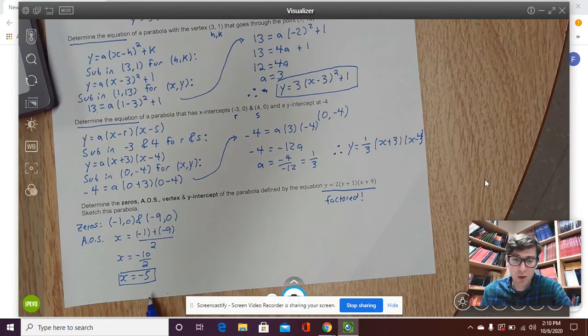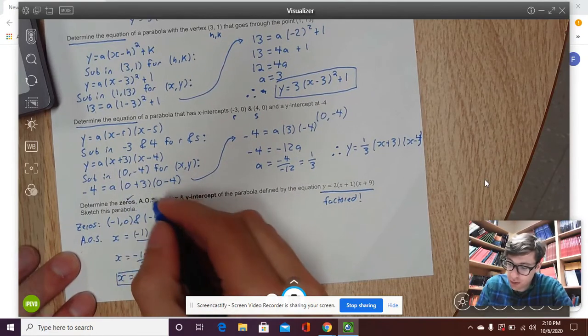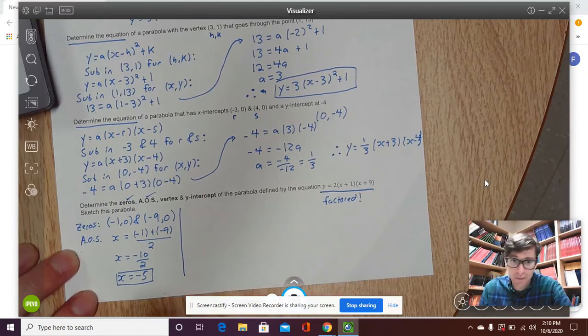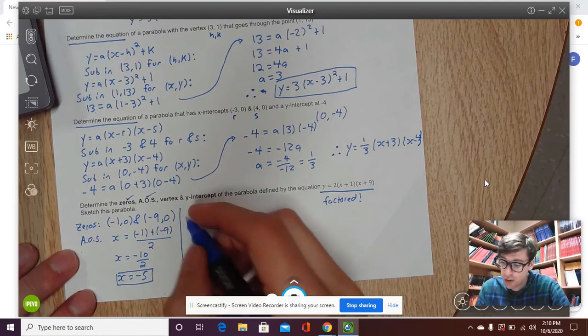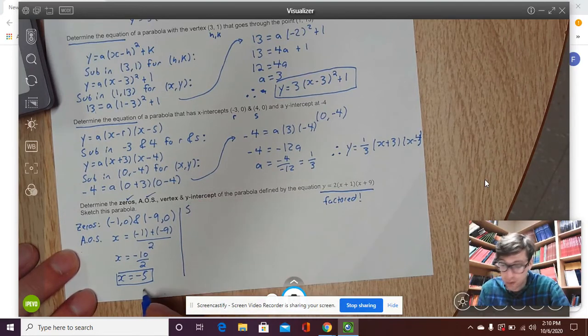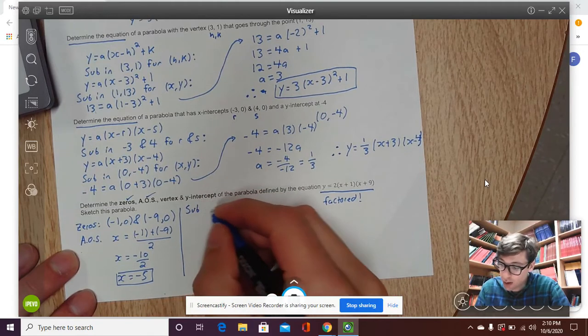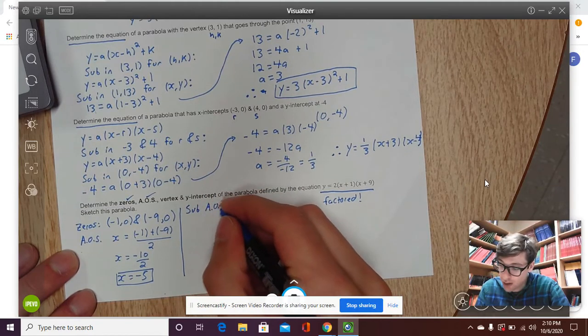Once we have our AOS, so far we found the zeros, we found the AOS. Our next task is to find the vertex. We know the vertex is always on the AOS. So the vertex is always directly in the middle of a parabola because it's symmetric. So to find the coordinates of the vertex, I already know one of the coordinates. I already know what x is. So to find the y coordinate, all I need to do is sub in the AOS